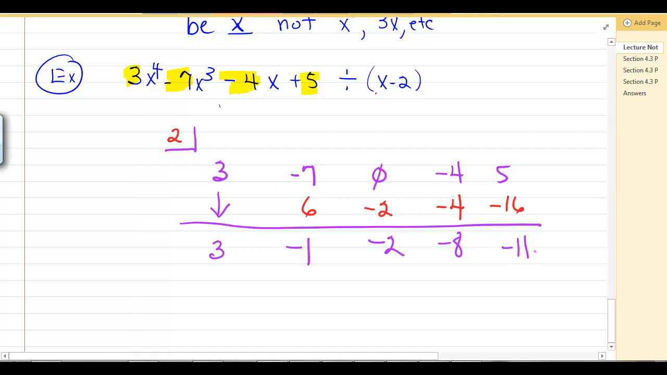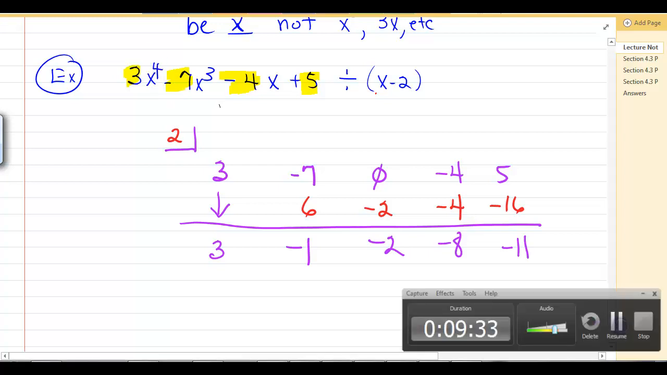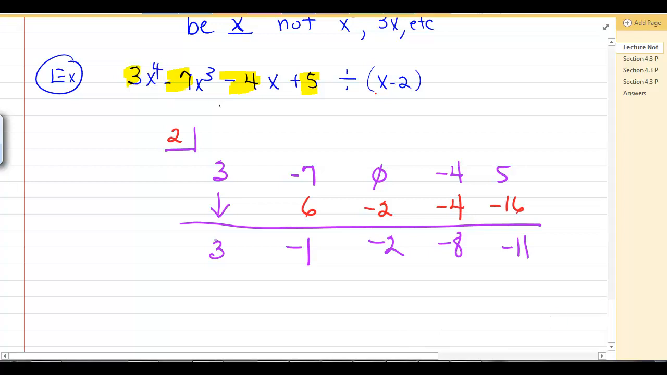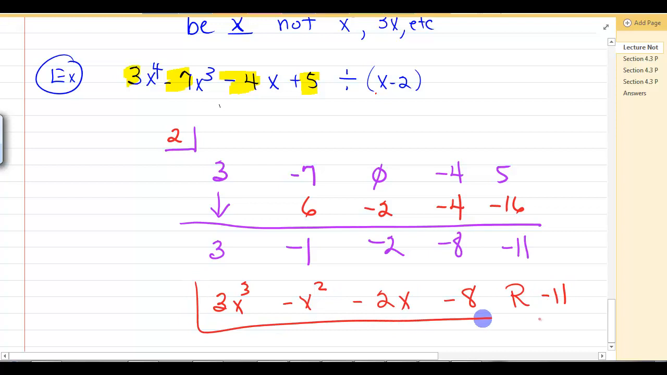So we have our answer, but we have to put the x's back in. So here's something important. Whatever you started with, you drop down one level. So if we're dropping down one level, instead of x to the 4th, we'll start with x to the 3rd. So we'll have 3x cubed minus 1x squared minus 2x, we're just going down the line, minus 8 with a remainder of negative 11. And that would be